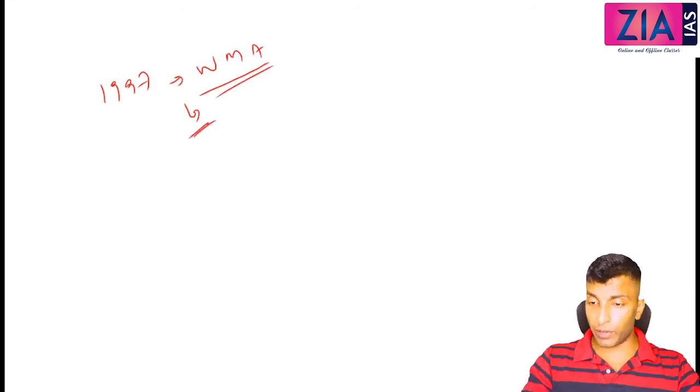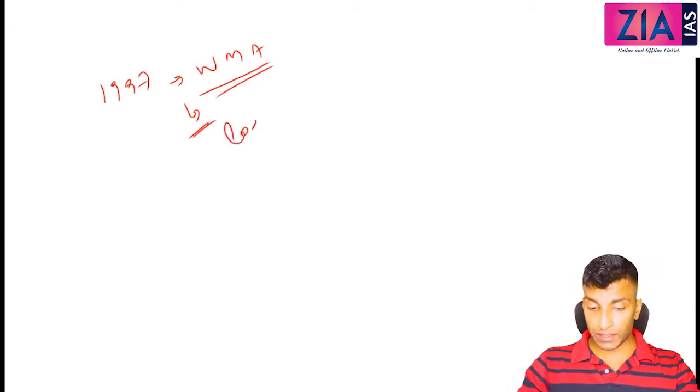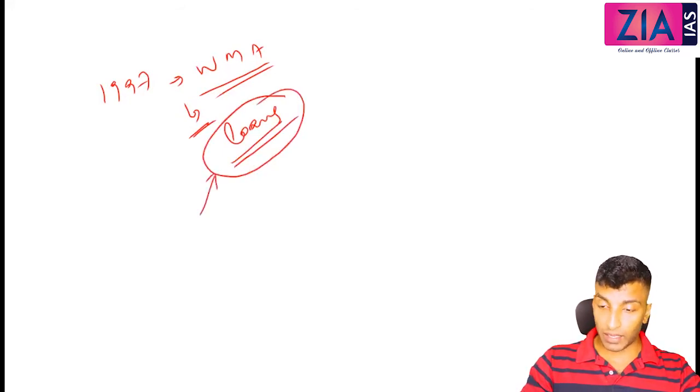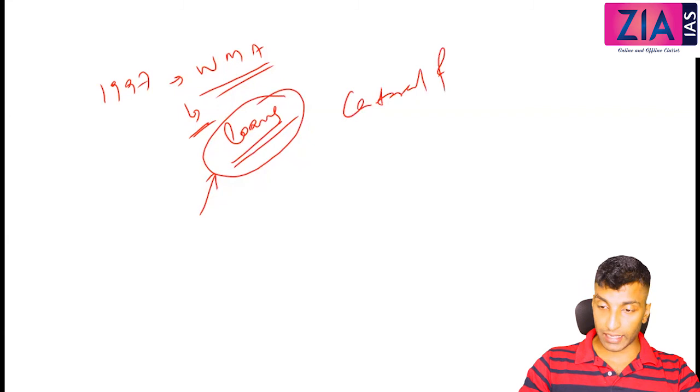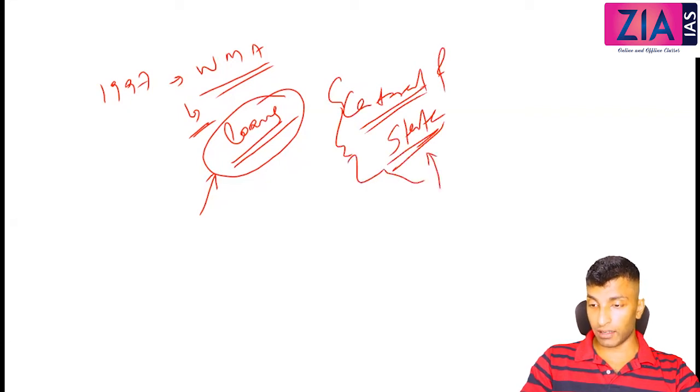Under WMA, RBI provides short-term loans. Here you need to make it clear that RBI gives a loan. Loan means it has to be paid back. Earlier, they would just keep on printing currency, so that led to deficit financing. Here there is no such concept. RBI gives a short-term loan to the central and state governments, both. All these things have to be underlined, and these can be asked in options.